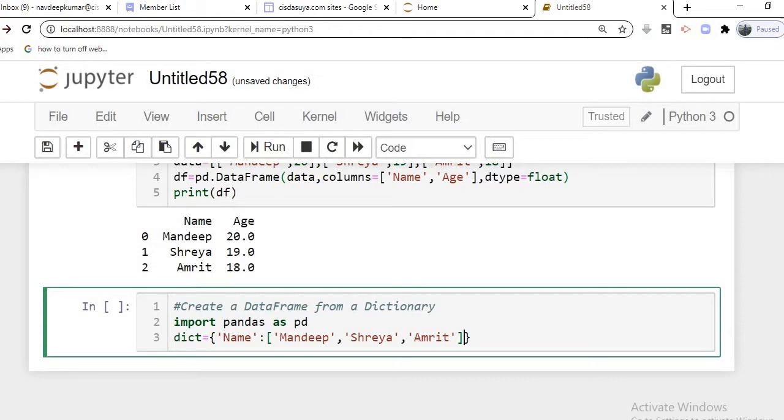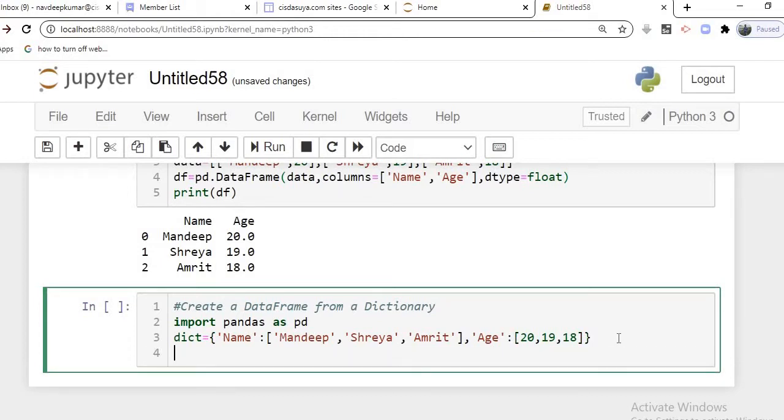Then the second key is age, and we supply three age values. So let's say 20, 19 and 18. Age and then a colon, because age is acting as a key and the rest, the list, is acting as values.